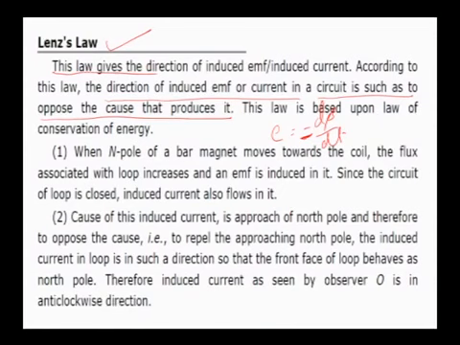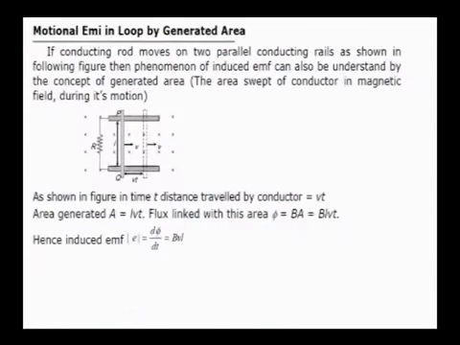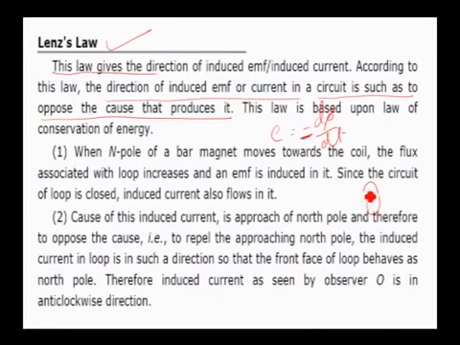I'll take a small example here. If I go with a coil like this and I have a magnet here, let us say this is the north pole of the magnet, this is the south pole of the magnet. If I am moving the north pole of the magnet towards the coil, the amount of magnetic flux linked with the coil will increase. As the flux increases through the coil, EMF will be induced in the coil, but the induced EMF opposes the cause of it. Cause means what? North pole is moved towards the coil and flux is increased, and due to the increase in flux, an EMF is induced. But the induced EMF opposes the cause, meaning it opposes the increase of flux.